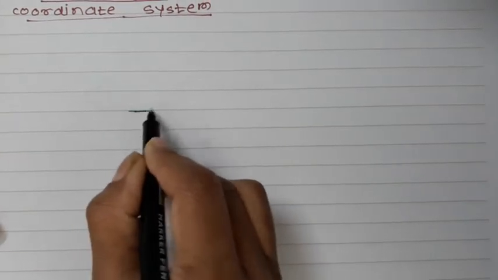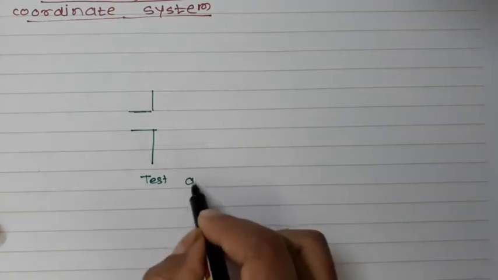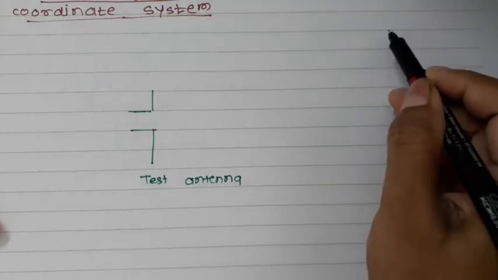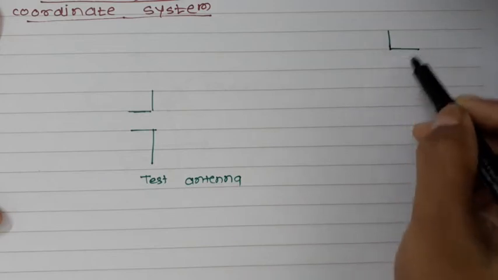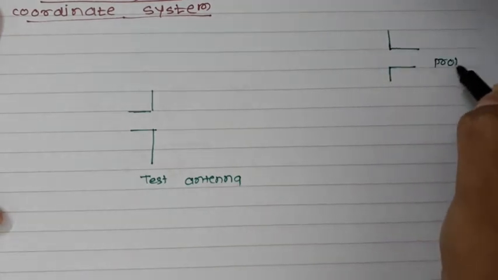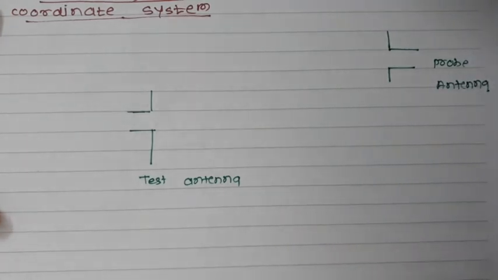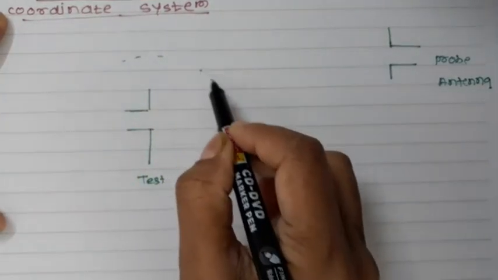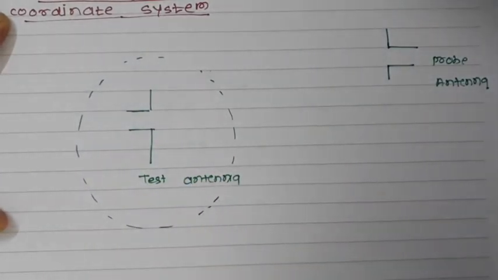So if you are talking about antenna testing, you must have an antenna which radiates something. So this antenna I'll call a test antenna. The antenna which we are using for the testing purpose will be called a test antenna, and suppose this antenna I am using to check the parameters over there, this antenna will be called the probe antenna. Whenever we are talking about the testing of this particular antenna and its parameters, this antenna will radiate in all the directions. As we know, some antennas are directional antennas, and some are omnidirectional antennas.